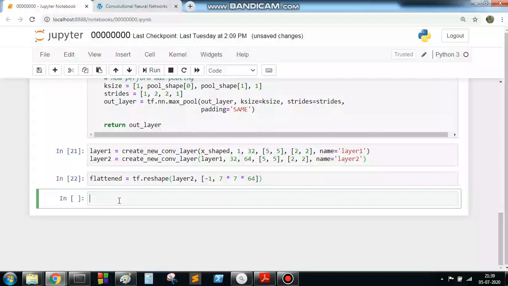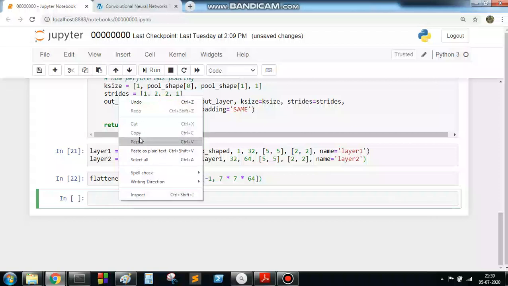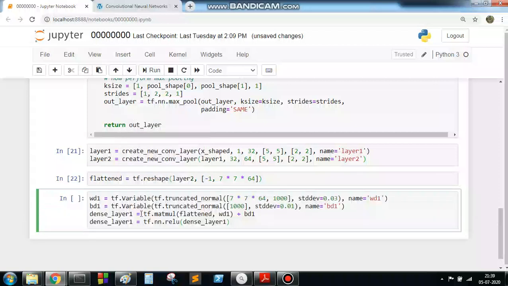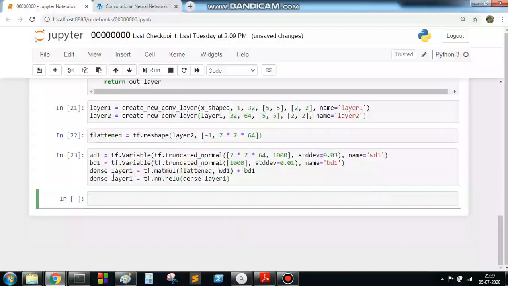Once this layer is created successfully, we need to create another layer, a dense layer, with initialized weights WD1 and bias BD1. This is how we create another layer, and we are also putting a ReLU across this dense layer, so the activation function here is ReLU. This way we create dense layer 1.